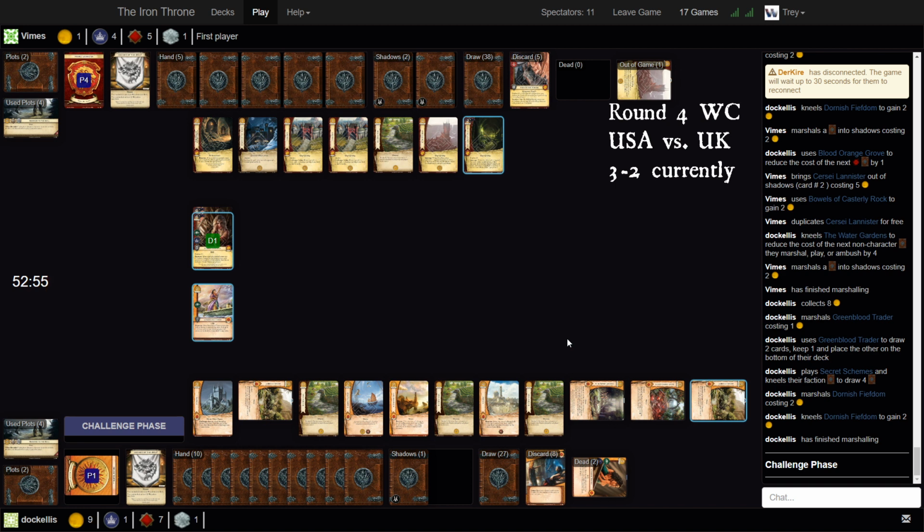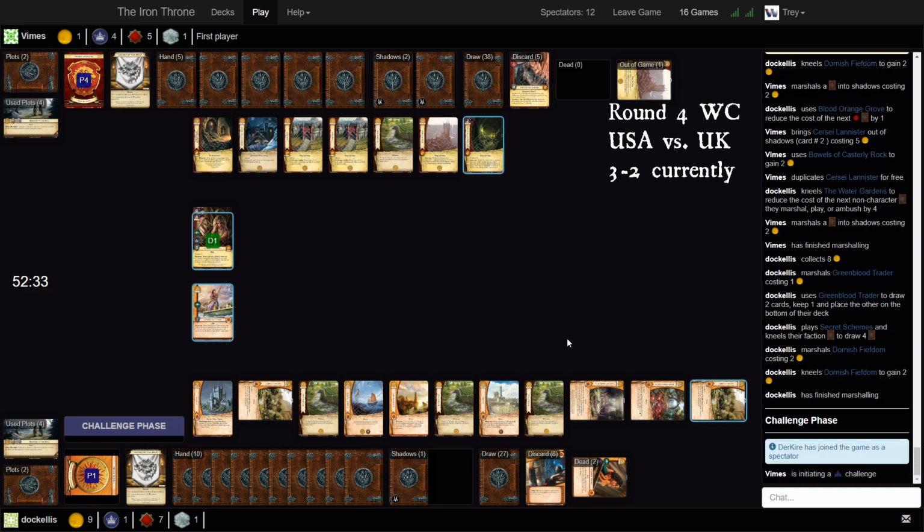So we have 9 gold, 10 cards on Alex's side. Not sure that was the greatest use of Water Gardens. Was he trying to bluff something there? I feel like he had to have been bluffing something, because 1 for Secret Schemes isn't great, especially when you then likely drew that Dornish fiefdom and paid the 2. He likely still has enough money for what he wants to do, but